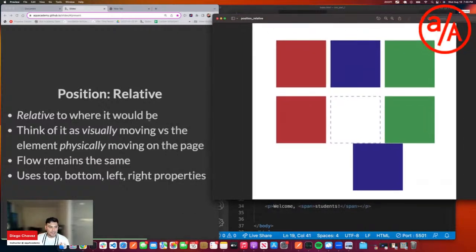That's why position relative is relative to where it would be, right? So where it would normally be. So I normally put it in between this red and this blue square in situation 1, but in situation 2, I am visually moving it, but I am not physically moving it, right? Which brings us to that second bullet point of think of it as visually moving versus the element physically moving on the page. So visually it'll move, but it's still going to haunt its old stomping grounds of where you actually put it. So that being said, in a more technical explanation, the flow of the page remains the same,